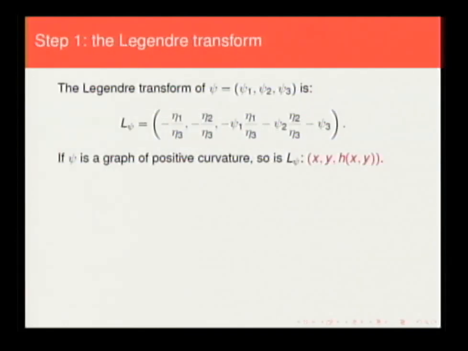For that, we are going to use a classical transformation given by the Legendre transform of a surface. The Legendre transform of a surface can be defined when the surface has a curvature different from 0, and if we assume that it is tangent at the origin to the plane z equal to 0, the Legendre transform of our surface will be